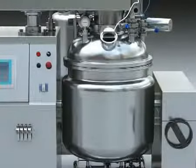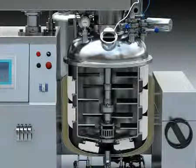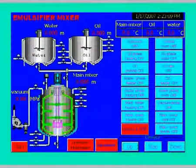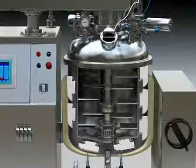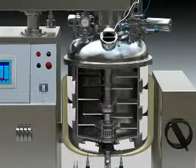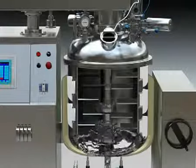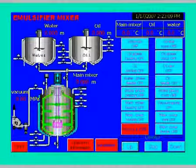3. Material feeding to main tank. Check if the material after being dissolved meets the requirement of the batch process, and then touch the vacuum pump off on the touch screen. When the vacuum degree reaches -0.06 MPa, open the feeding valve of the main tank and the valve at the bottom of the oil or water tank, and the material will be sucked into the main tank under the negative